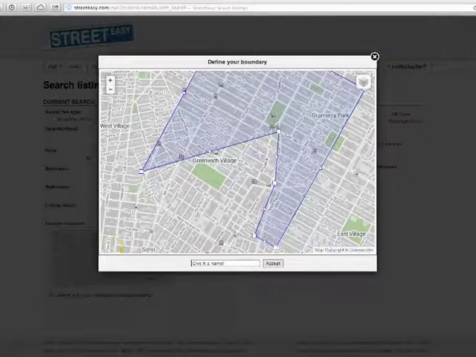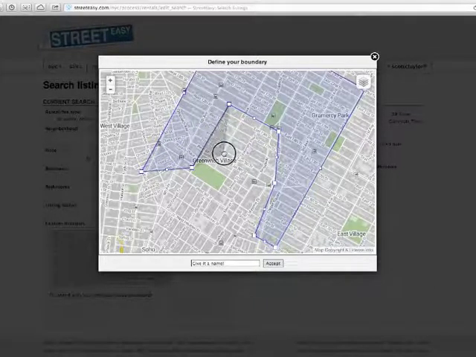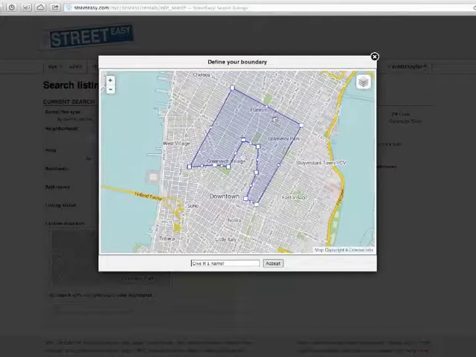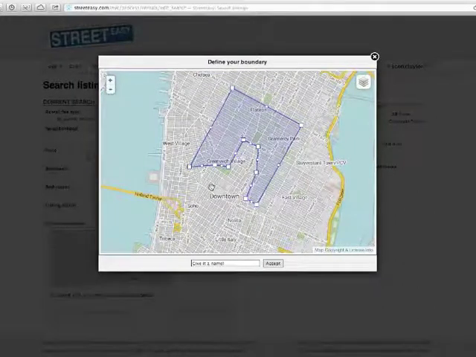So you can even go so far as to create this little polygon that hovers around wherever you want. Then maybe you say, oh, but there are those lower 5th Avenue buildings that are really nice, those pre-war buildings. So let's include those too. And so you really can customize your polygon to exactly the area that you wanted. So you're getting rid of all this extraneous matter on the outside, Avenue C in the East Village, stuff that's not going to probably apply to a Union Square type of